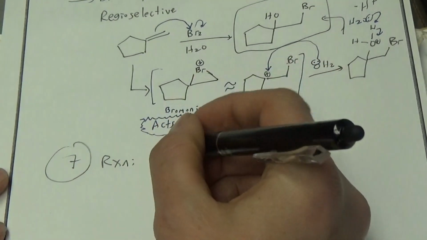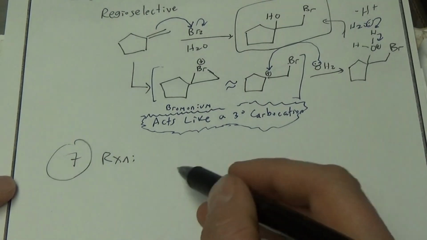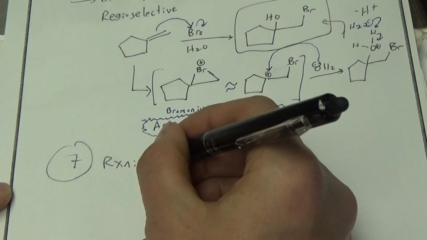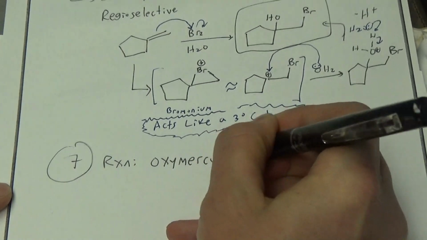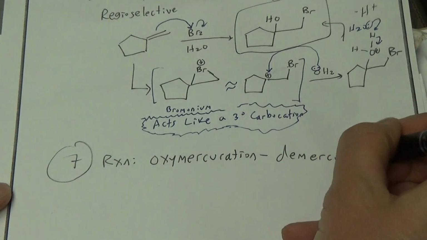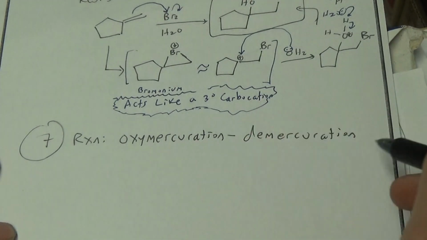Here's one good way. This one is going to be Markovnikov. It's going to convert an alkene to a Markovnikov alcohol. It has a long, crazy name, oxymercuration demercuration. If I was giving it an abbreviation, I might say it's